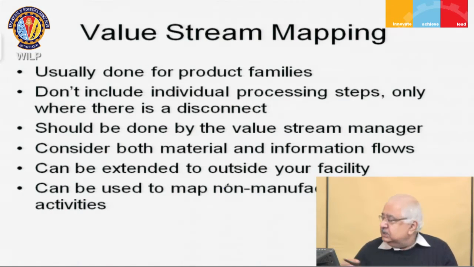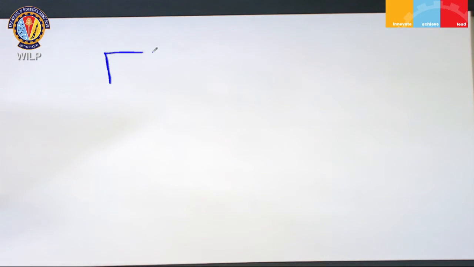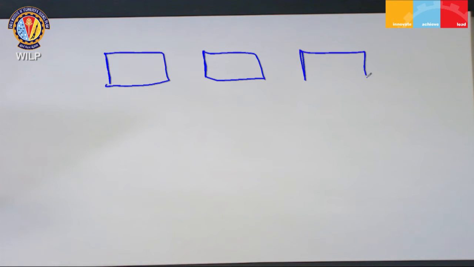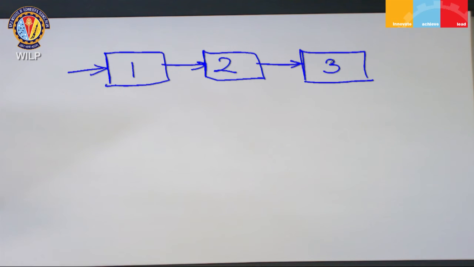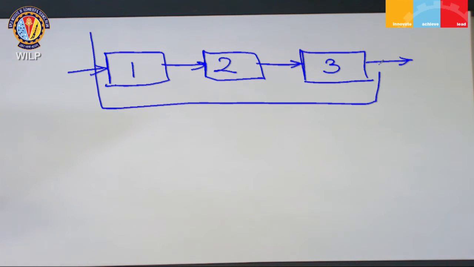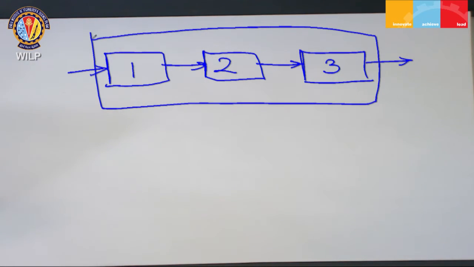What we mean by this is the following. So let's say that we have a process here and a process here and a process here. And if the material that is being transported from these various stages is some kind of a conveyor, so that there is no accumulation of material in between the various processes. If that is the case, then it does not make sense for us to actually map these as three different processes. We would tend to use one depiction of this as a single process, because there is no inventory accumulating in between. However,